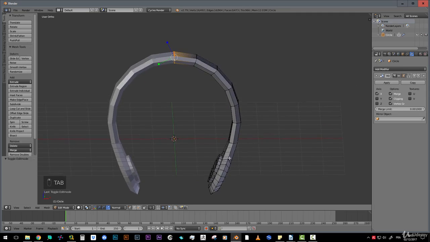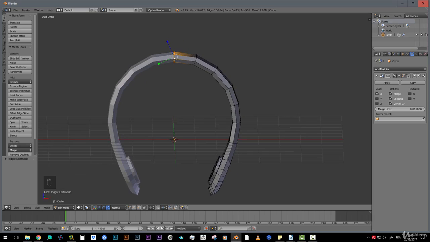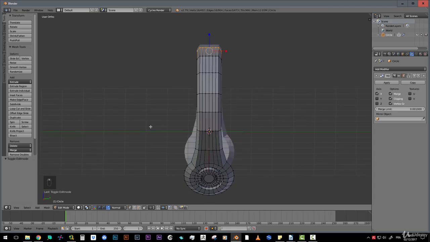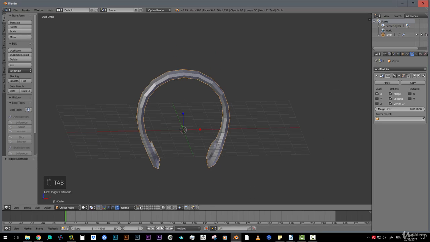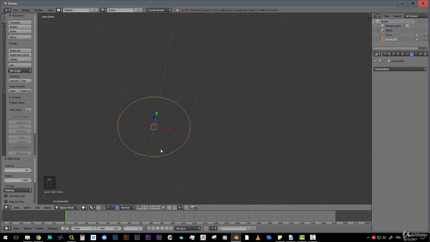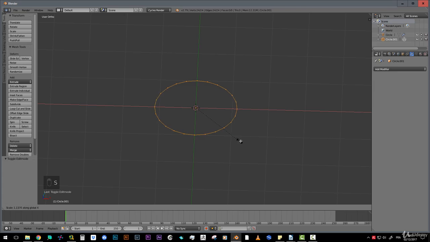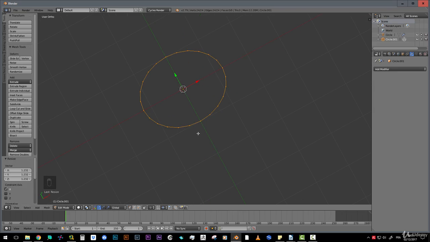We will continue our modelization by adding our speakers now. And our speakers, it's simple, but we will make another object that we will link to this object after. So let's leave this like this, and continue our modelization in our second layer here. I will add another circle with 24 vertices, the same shape and the same number of vertices that we had before, but this time I will go to global controllers and come back to the normal one, and I will do an S X to have a kind of oval shape here